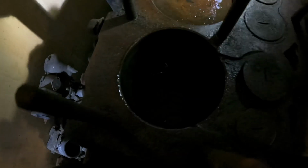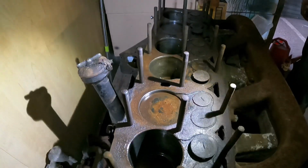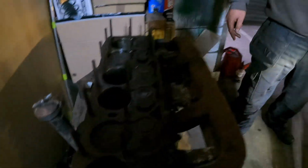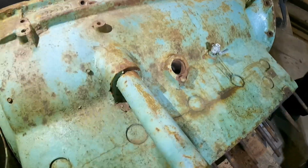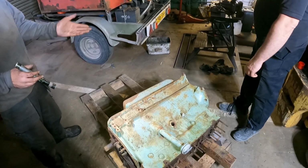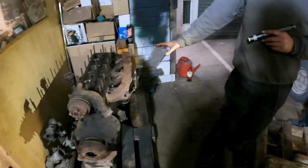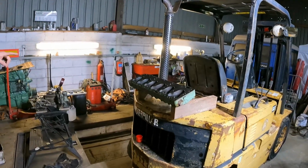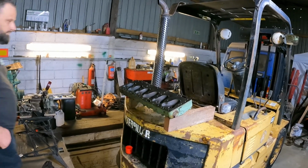And the engine now rotates, which I didn't think it would. I didn't either. But she rotates, so this is going to be the one that we use, because this other one, unfortunately, has a big crack in the engine block. But it might have some useful parts inside. The crankshaft could be good, the camshaft, etc. So I'm going to strip this one down for parts, and then strip that one down and build it back up using the cylinder head, which is on there, and that is actually from this engine. But it looks good, so hopefully...